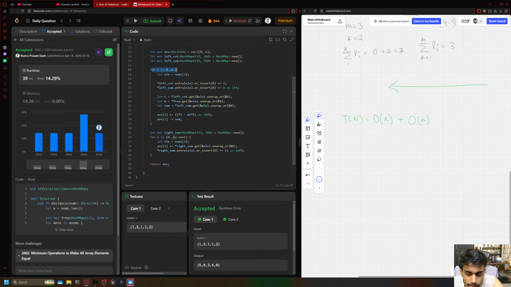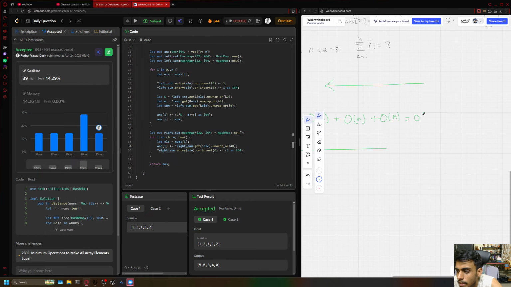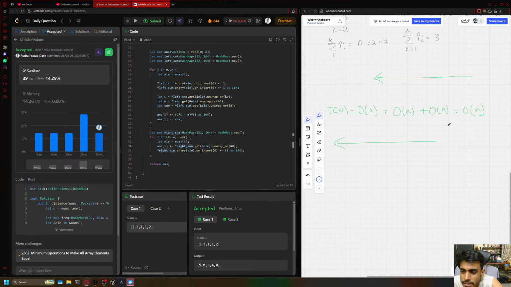for the right side, I'm traveling in the opposite direction, from right to left, but you see I'm again touching all the elements, and all the calculations in between are constants, assuming lookup times are constant. So again big O of n. So with this I'm getting an overall time complexity of big O of n, which is big O of the number of